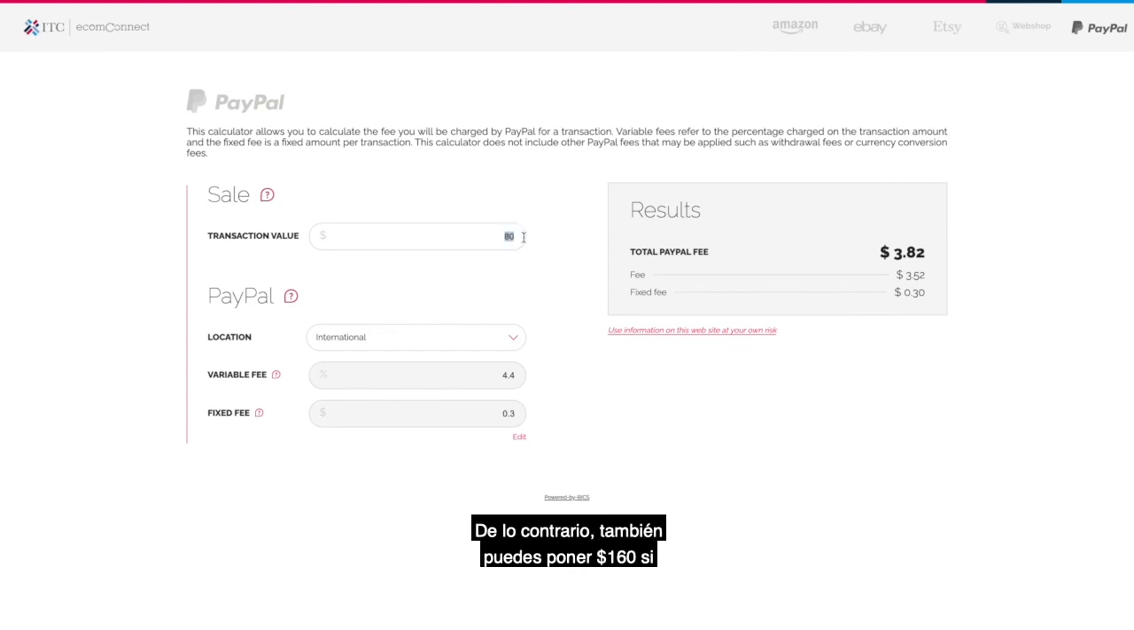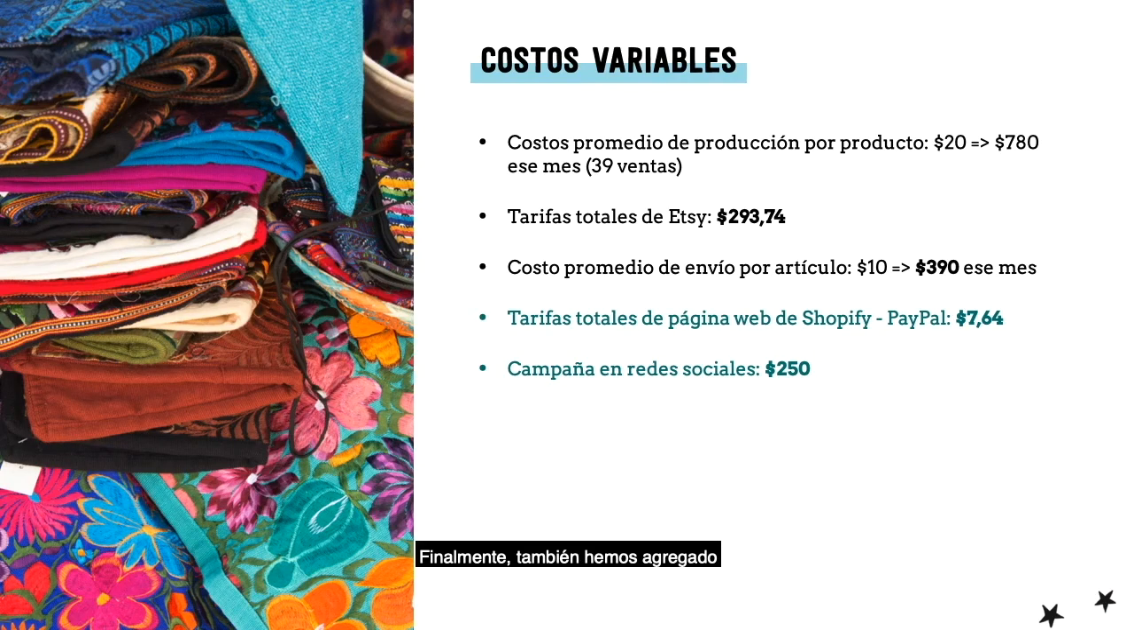Otherwise, you can also put 160 if you want to put the full amount here, but remember to add to this amount an extra 30 cents of fixed fee that you will have paid if this $160 were made in 2 separate transactions. And finally, we've also added here a